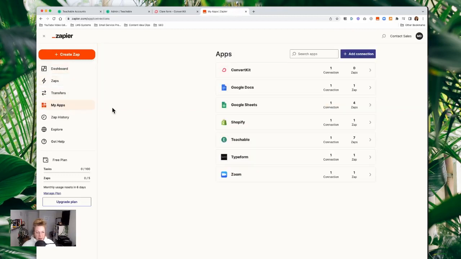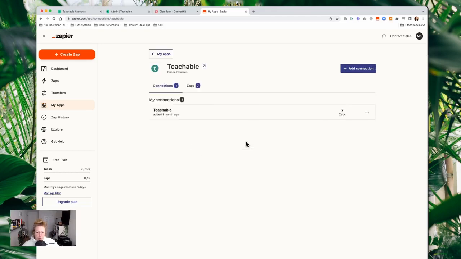So once we're in Zapier, we want to navigate over to My Apps. So we have a list of all the apps that are already integrated with Zapier. You'll see that Teachable is one of them. We'll click on that. It'll say we set it up about a month ago,